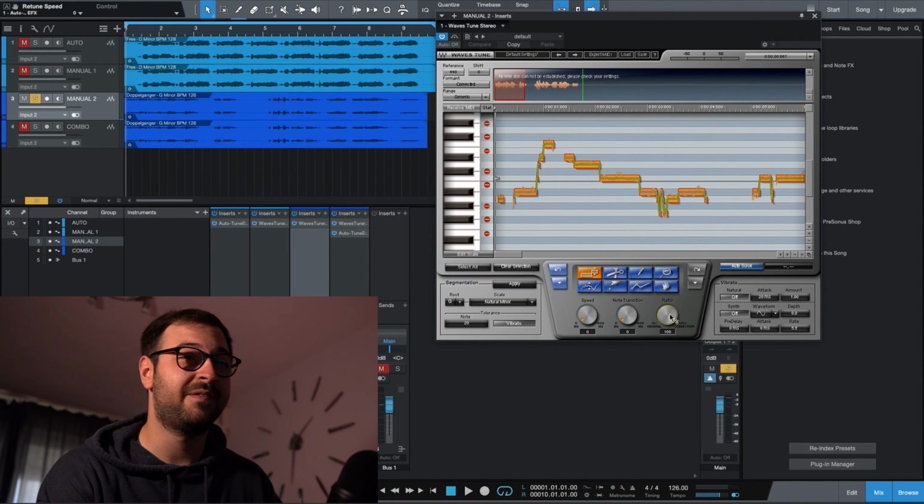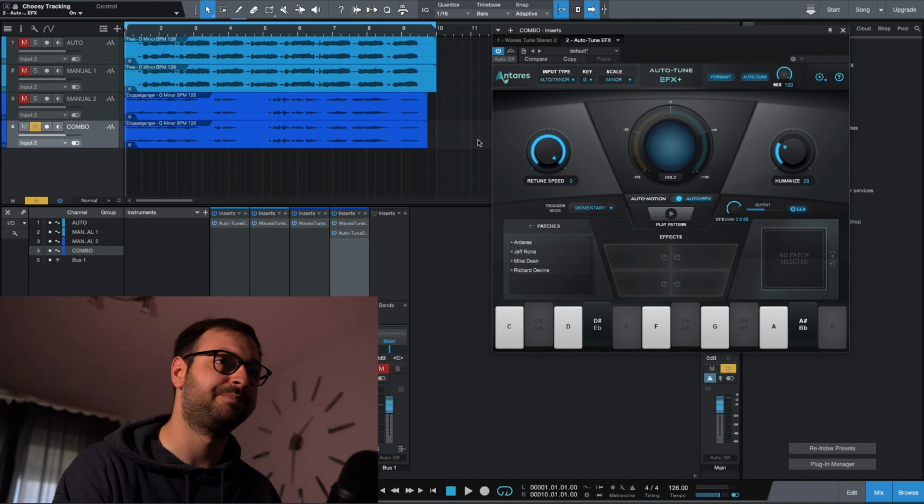You can hear the effect, but for me there's something off there, something doesn't sound good. And that takes us to the third part. So in a lot of cases when the producers want to obtain that T-Pain effect, they will use a manual pitch correction plugin at the beginning to make sure that everything is in the correct place, and then apply an